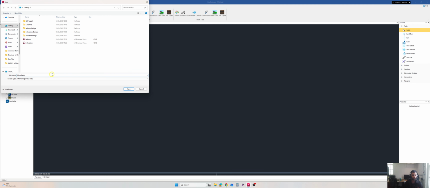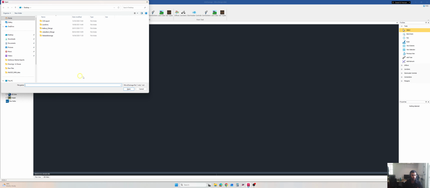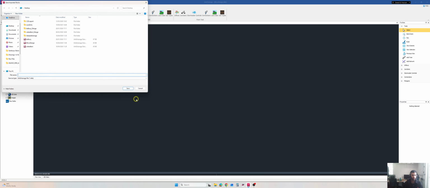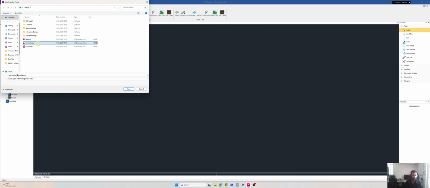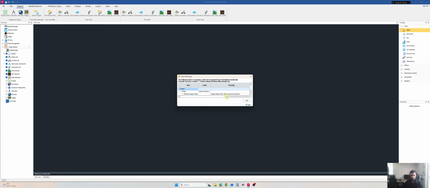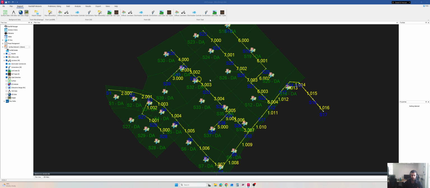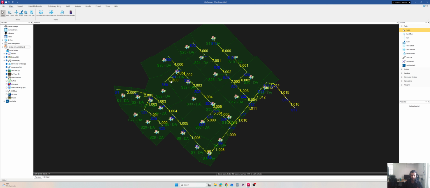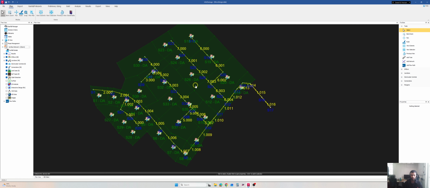micro design, and now it asks us to locate the MicroDrainage files. I have saved the MicroDrainage files here. So this is the model, and it will ask again to save once it has been imported. So I will just replace this one. Yes, it shows some errors because MicroDrainage was a different software, so there are some changes. I will just skip this one,